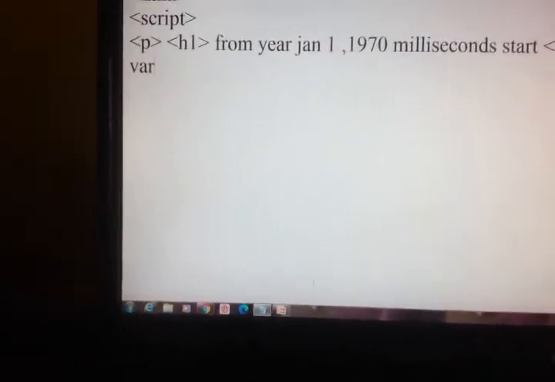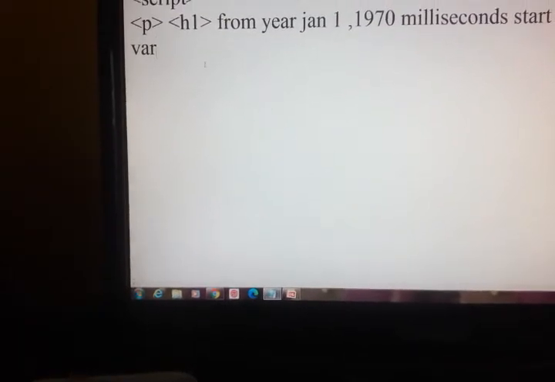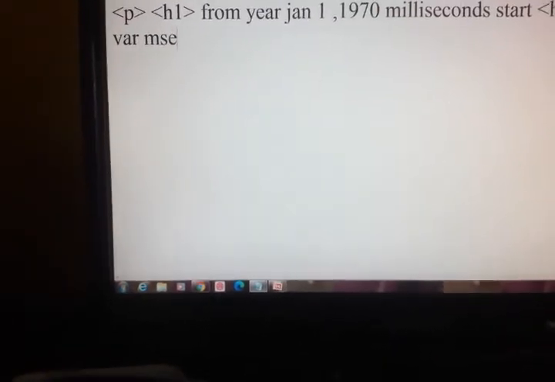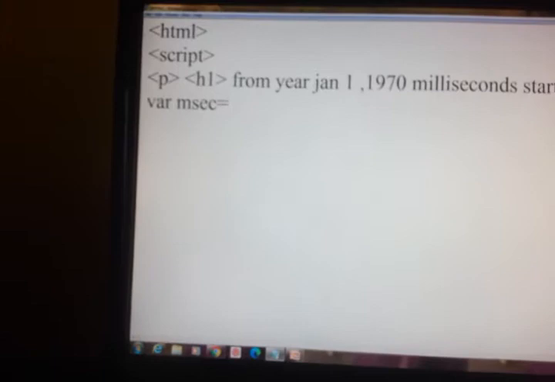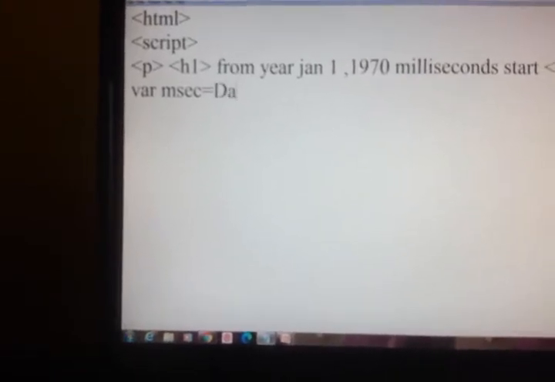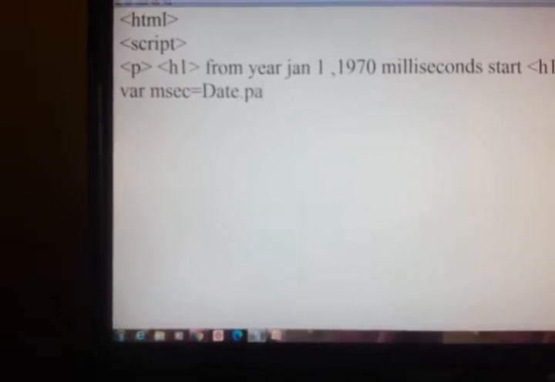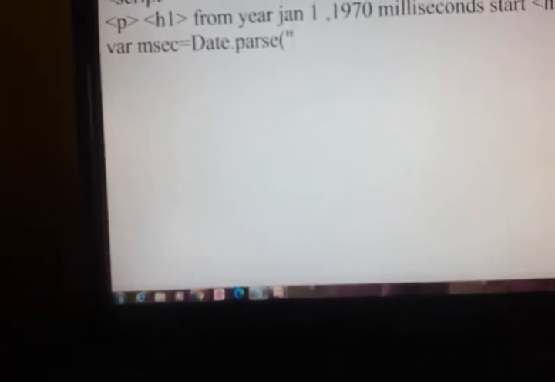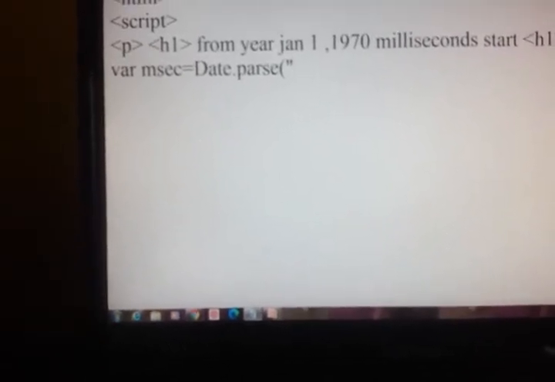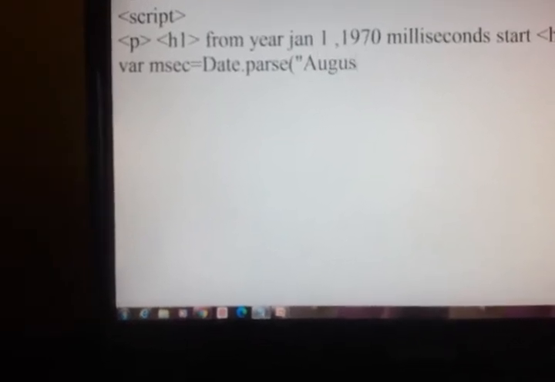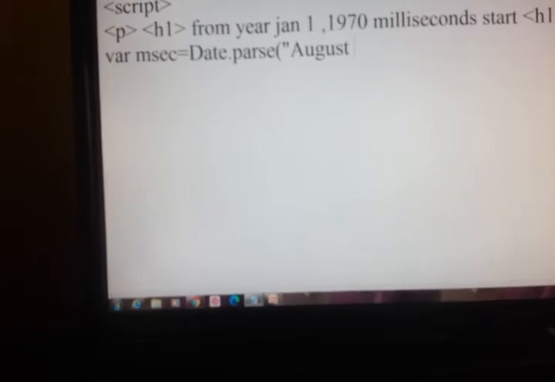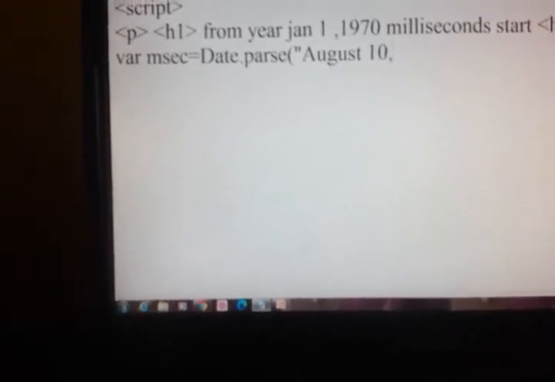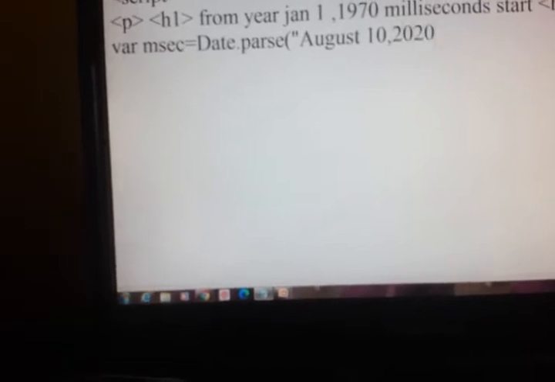So we have msec, then the date.parse method I am using. In this I am passing August 10, 2020.